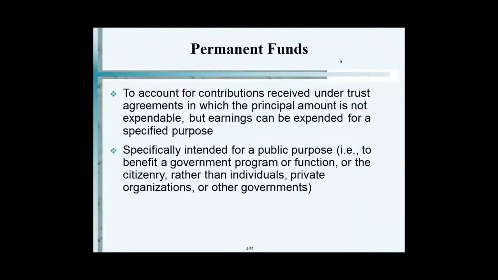You can read about this more, but let's just talk a little bit about permanent fund. I see one of you picked Alaska as your CAFR exercise, and I'm glad you found the Alaska Permanent Fund. Again, it is intended for a public purpose. That's the word, public purpose, not private purpose. Public purpose meaning benefits everyone, not a group, but everyone.